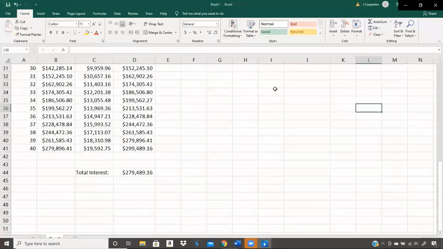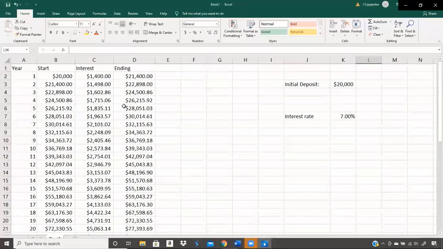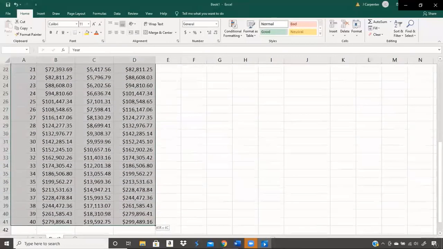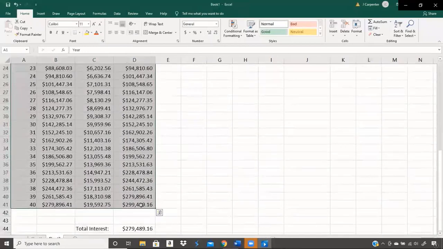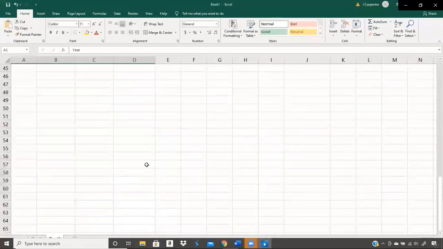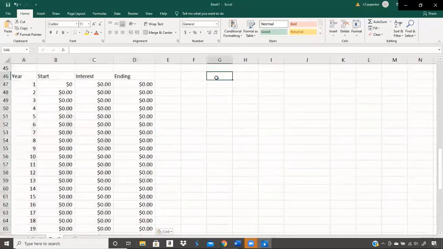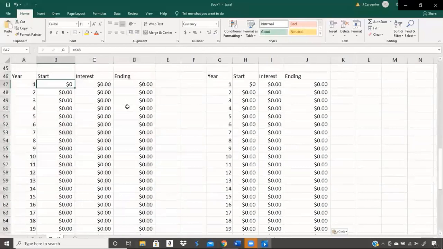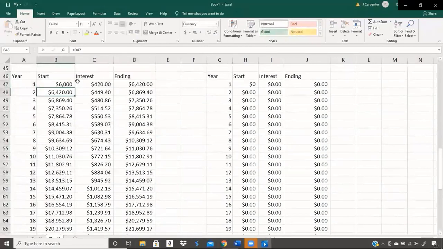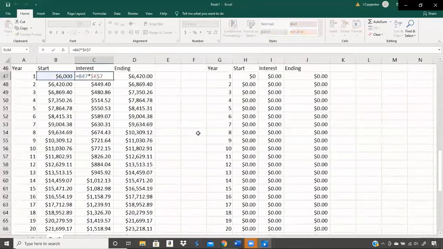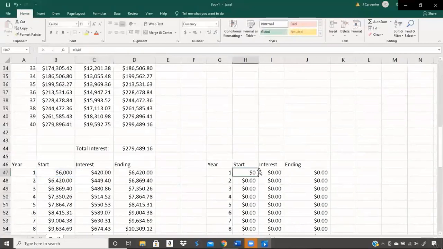So this is some powerful stuff. In fact, let me just show you everything I was talking about. So let me just literally copy all of this. I just Control C for copy. I'm going to put it down here, and then I'm going to put it here. Now the starting balance, let me just type the $6,000 here. And then is the interest in the right spot? Yes, that red box is good. Then for this one,